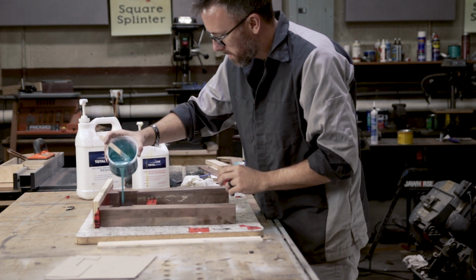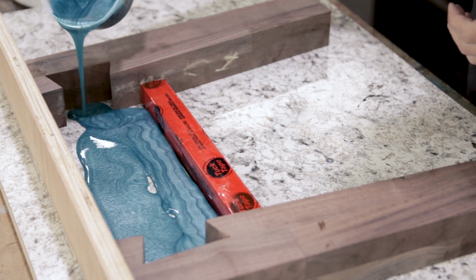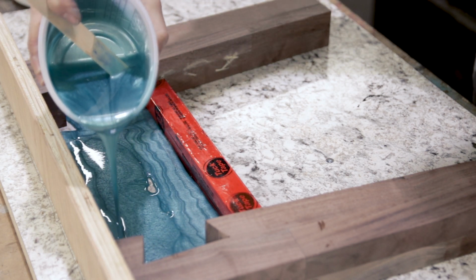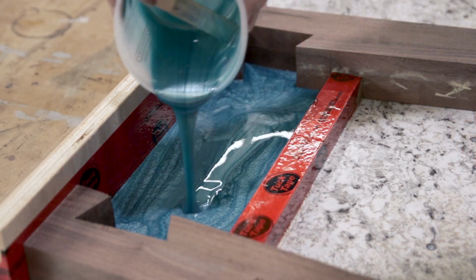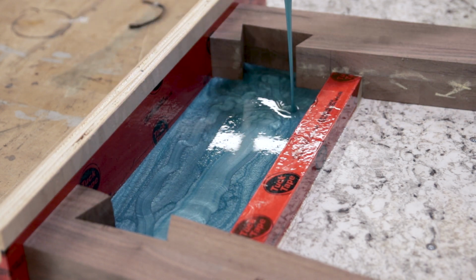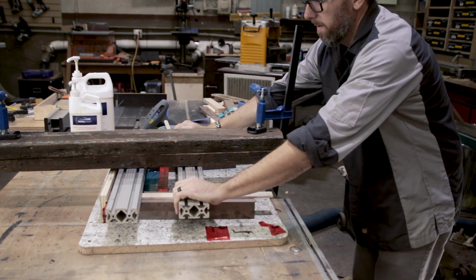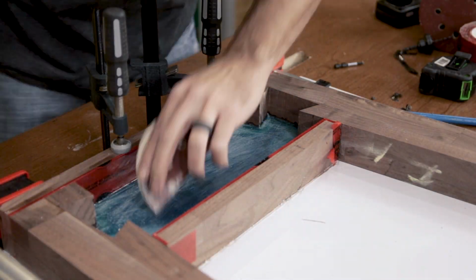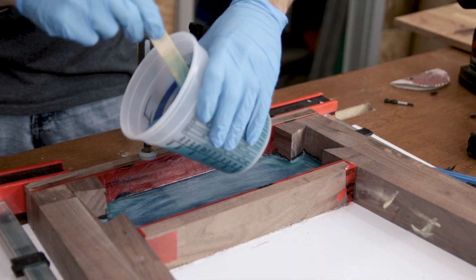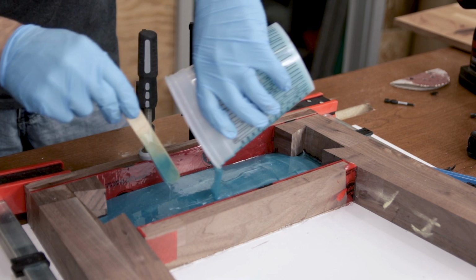And then on top of that, the Total Boat epoxy is great. I just wanted to use what I had though, so I just used the high performance epoxy. What would have been a much better way to do it was if I went ahead and ordered some of the thick set epoxy, because you can pour that in, of course, much thicker layers. So I could have done this in one pour. Instead, I think I did 3 pours on each side with sanding in between. And not only did that add many days to the process because I had to let it cure most of the way in between, it